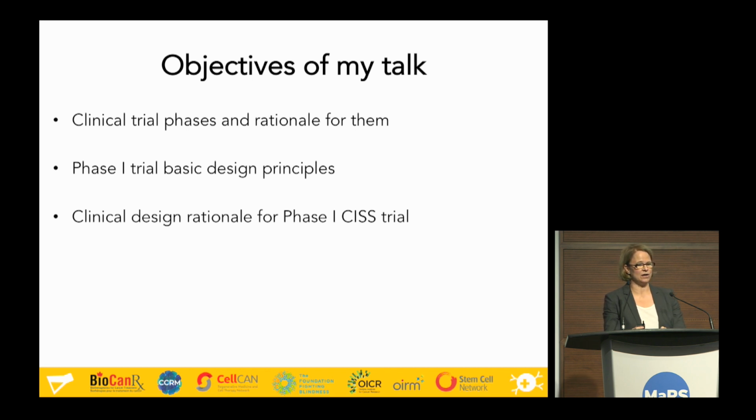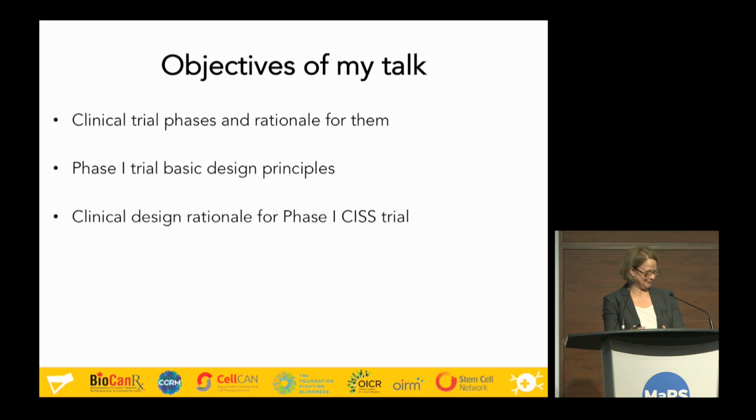And then I'll use our phase one CISS trial as a clinical design template to take you through some of the considerations that we used in the design phase for that study. And then Josee is going to talk to you a lot more about the regulations and the actual CTA submission